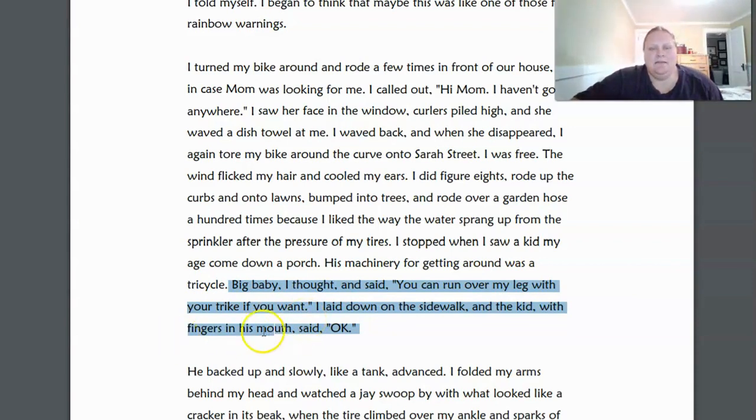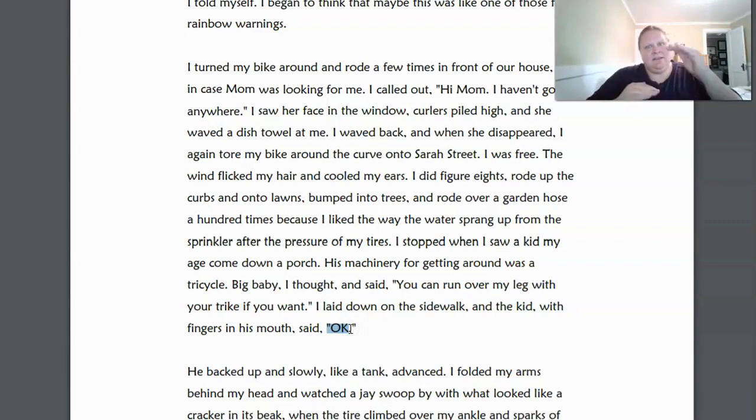Okay. I laid down on the sidewalk and the kid with fingers in his mouth. So see how he explains what the kid looked like? Makes a picture in your head. Oh, and you remember that sentence length thing that we said, we want different levels of lengths of our sentences? Look how long this sentence is. Now look at this one.